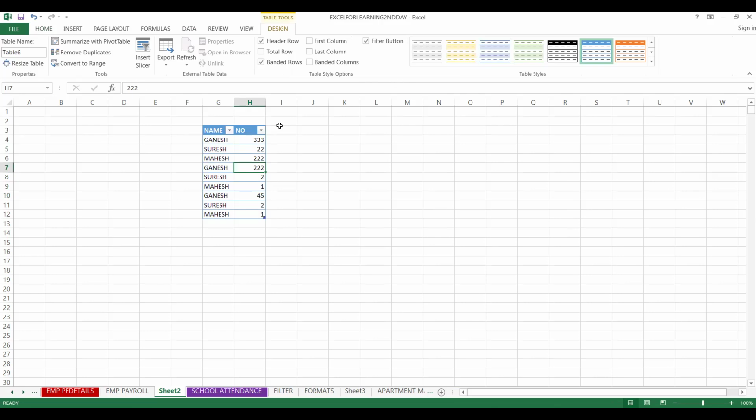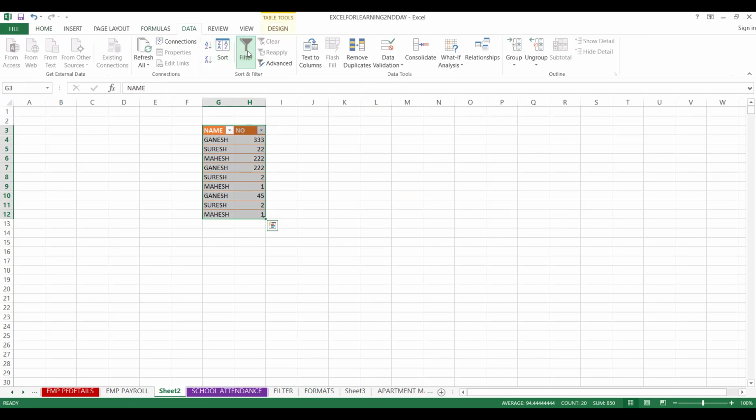So for this table, let's select this and remove the filter. Now this is the data. In this table, I would like to remove the